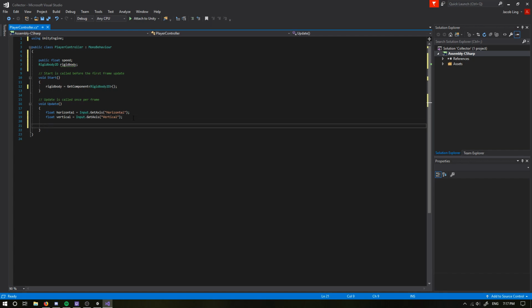So I'm going to go over now, and I'm going to check whether we're getting an input. Sorry, we've already checked whether we're getting an input technically. And we're going to apply that to our rigid body. So I'm going to type in rigid body, and I'm going to do dot velocity. So we're going to find the velocity inside of our rigid body, and we're going to set it to a new